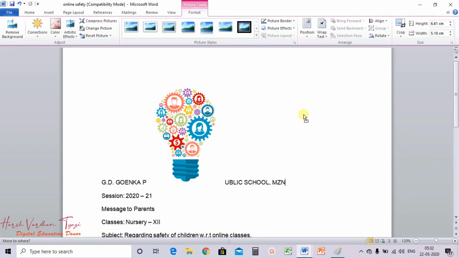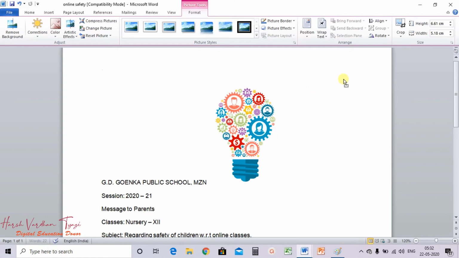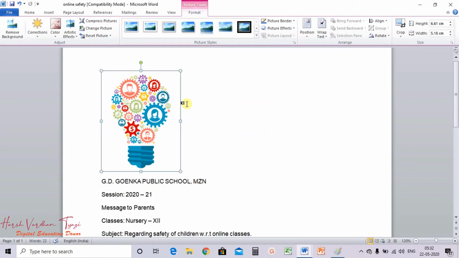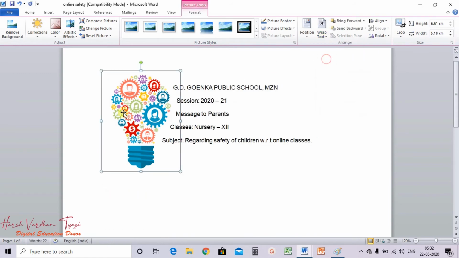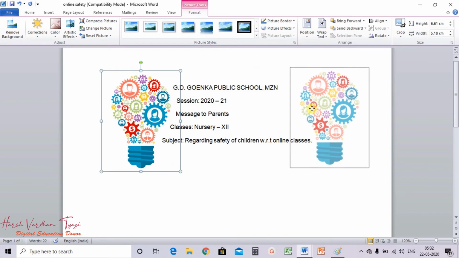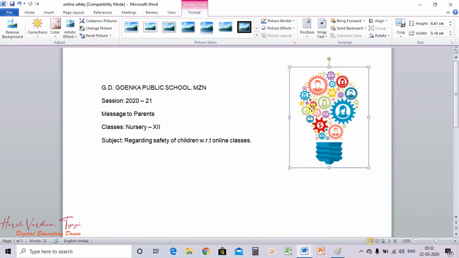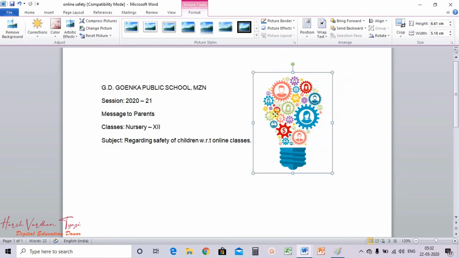You cannot drag it somewhere else. You will find problem in placing the image from one place to another. So it is better to always choose tight. So you can easily shift the image from one location to another. Clear? This is called text wrapping.